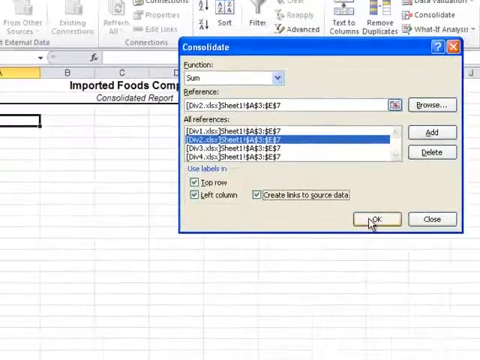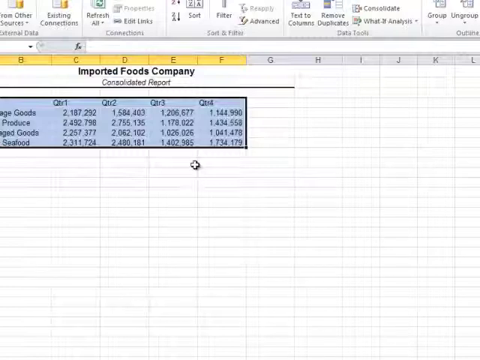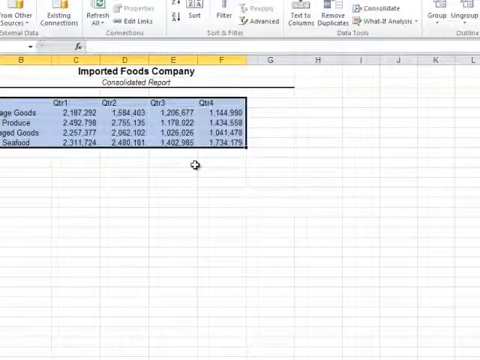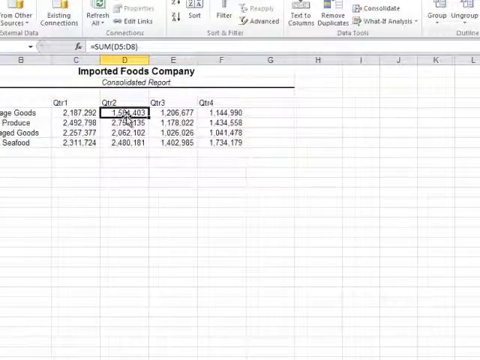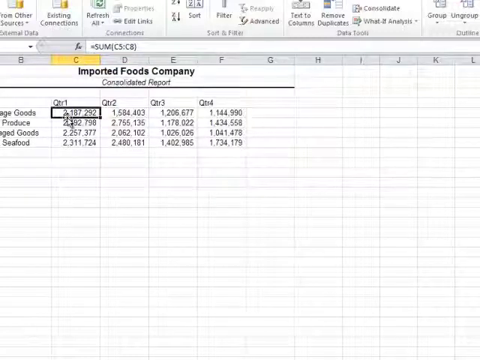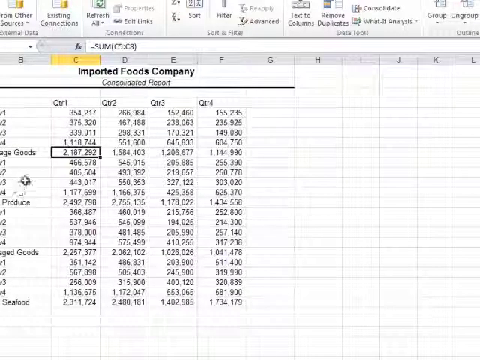So I check off this box, I click OK, and as soon as I've done that, folks, you can see how I have a combined beverage goods all the way down to fresh seafood for each one of the quarters. You'll not see the detail when you first are looking at this combined effort. You get an outline as a bonus here when you link, so that you can expand your level to see your detail. So your beverage goods is a total in this quarter one specifically of divisions 1 through